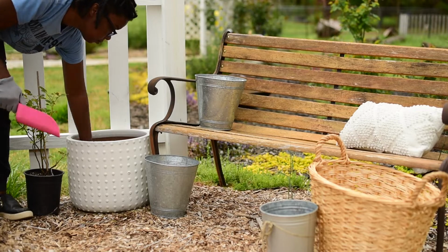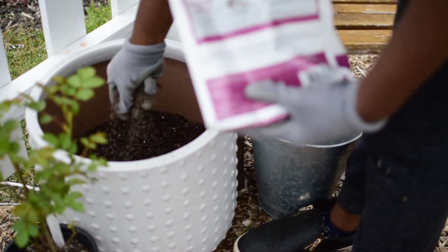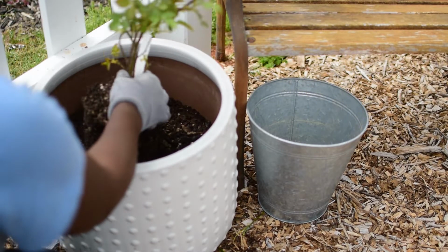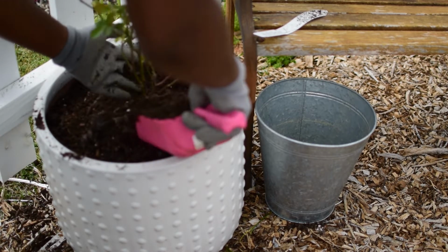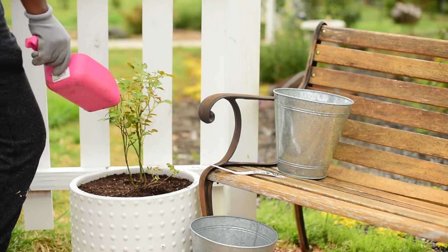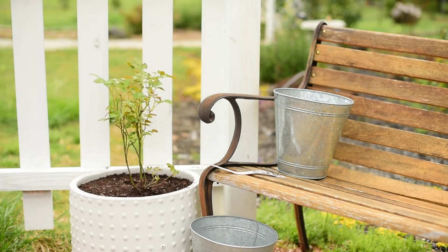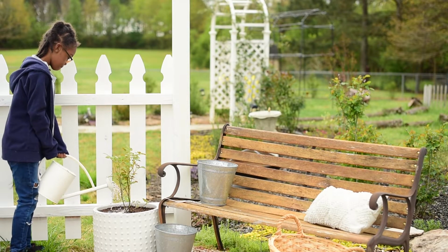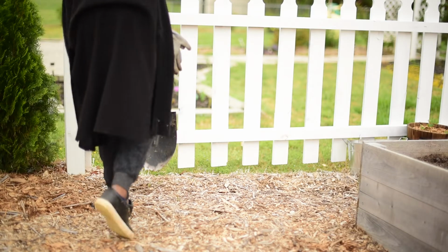I'm going in with some potting mix, and I'm also going to be adding in some fertilizer, and then we will get the rose put in here. Earth Angel is now in its new home, and I'm gonna get my oldest to water it in for me. And while she is doing that, we're gonna move on to the next planting, which is gonna be going right